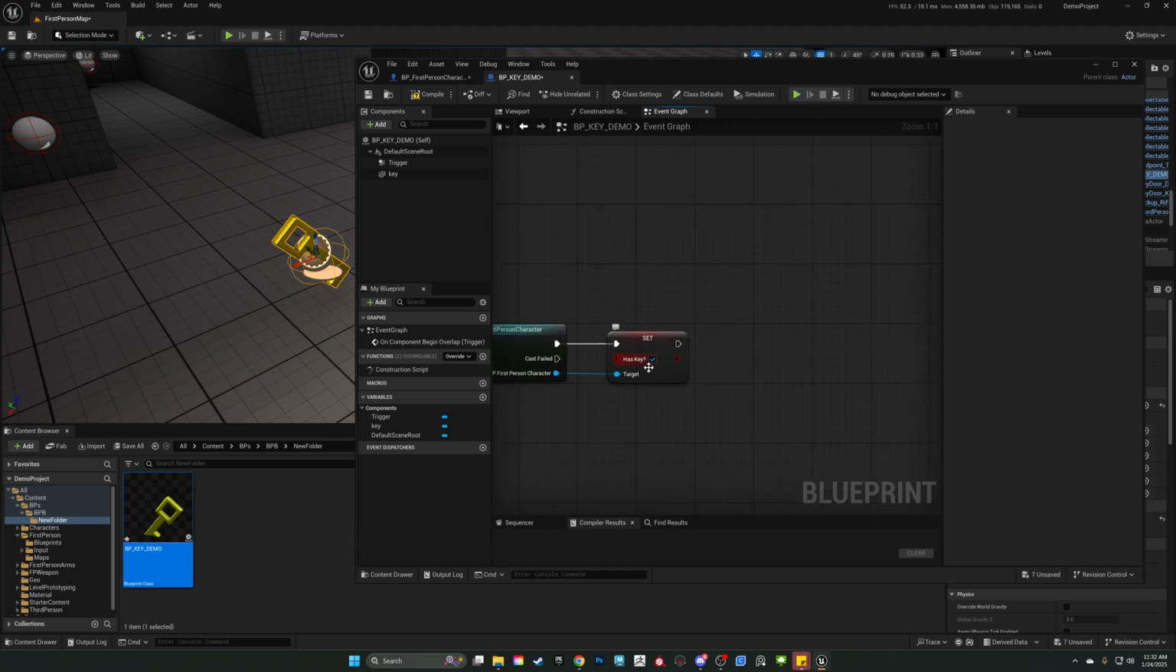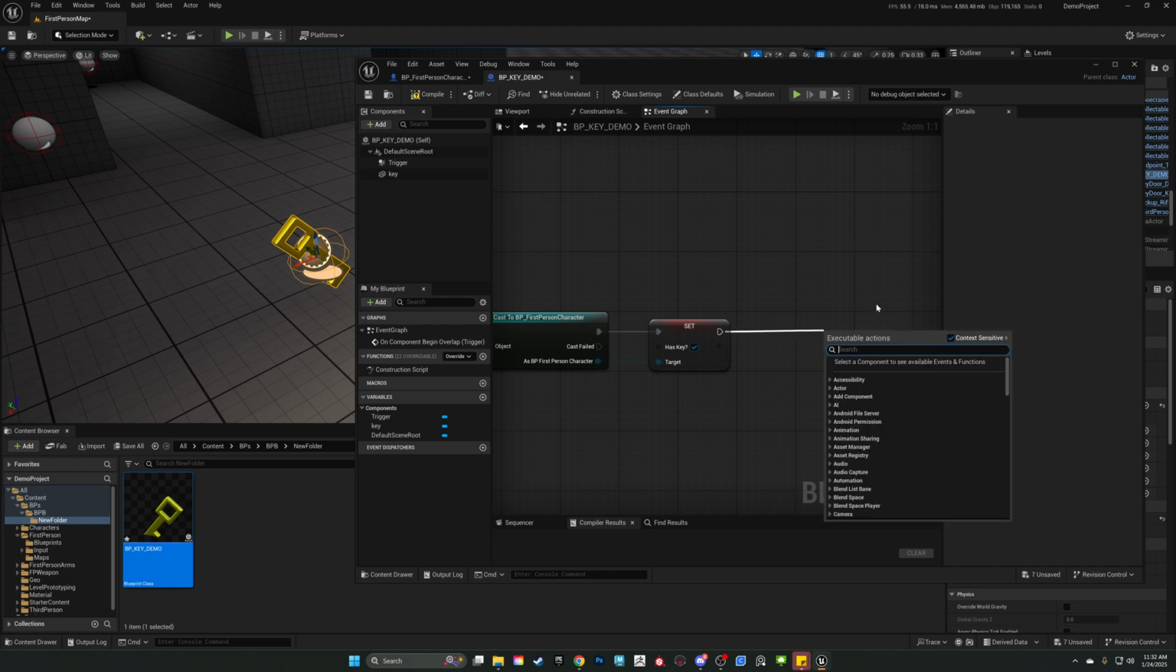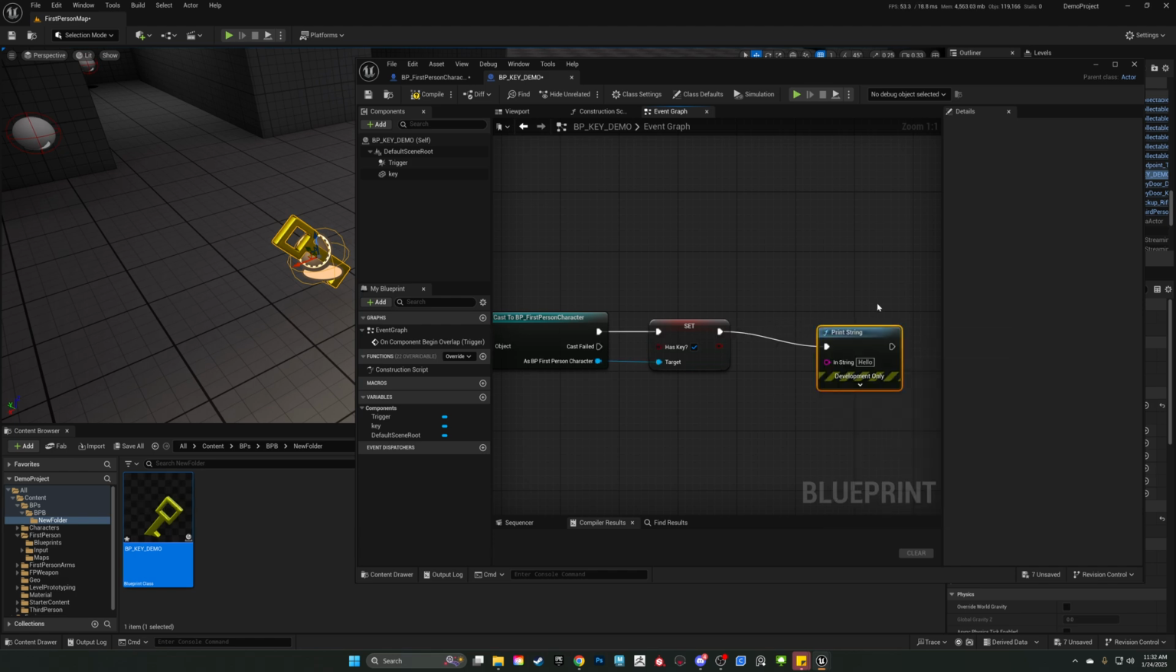So make sure you check this box. It won't work if you don't check this box. And then after, to give ourselves a little visual feedback that it's working, let's go ahead and add a print string and make it say something like,